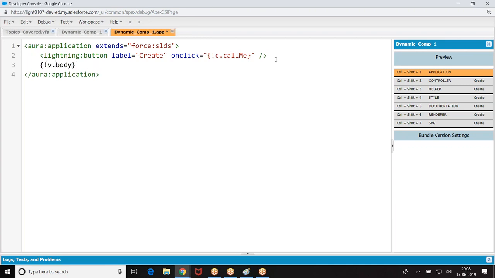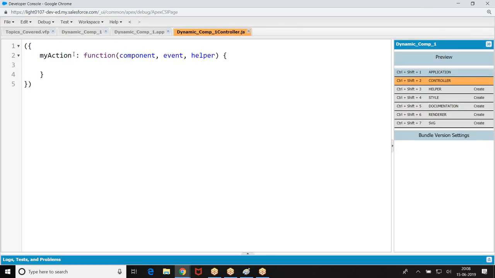Every element will have a body. So go to the controller. I'm going to create $A.createComponent.